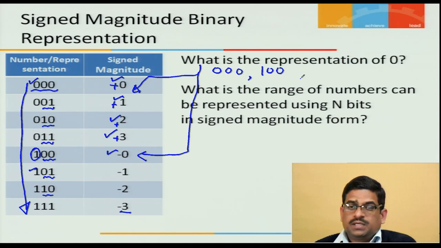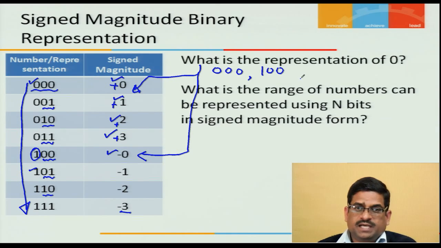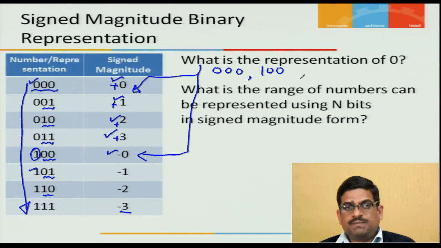And for a given number of bits, let us say n bits are given, what is the range of numbers which I can represent using this sign magnitude representation? So here essentially, if you compare with the unsigned binary representation, by using 3 bits, how many total numbers can I represent? 2 raised to the power 3, that is 8. So here with the 3 bits, what we are trying to achieve,